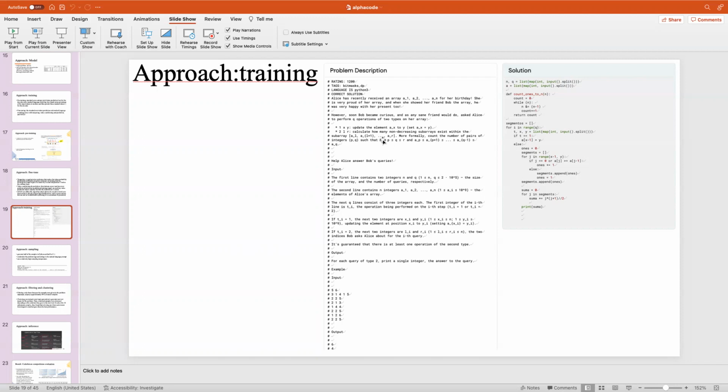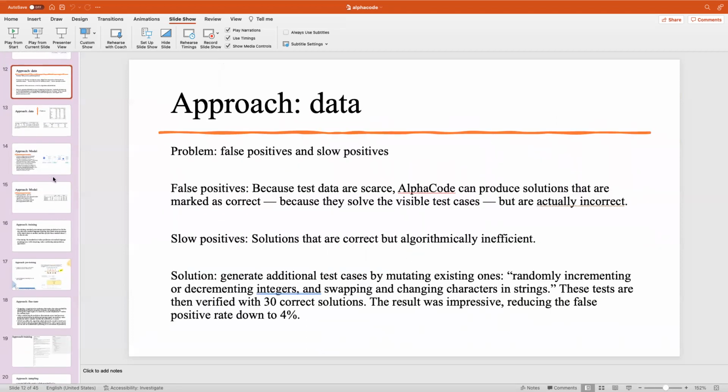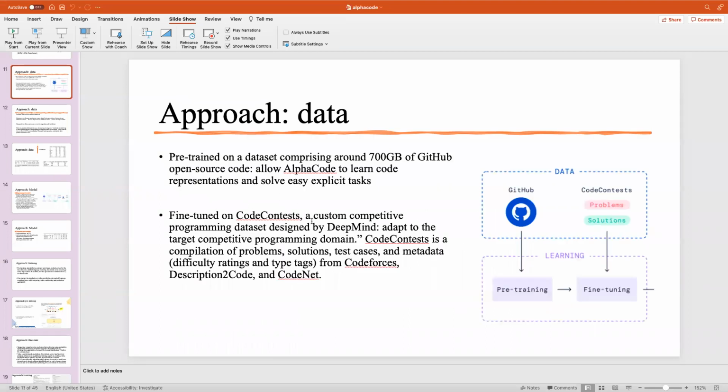Hi, I also have a little question about input and output. I'm not fully understanding. In the paper, it says there is some kind of estimation of input and output. Here in the question, we only have one set of input and output. So I'm wondering, does the whole training process only contain one input and output, or are there multiple ones generated by the model itself? For the training, I believe you mean the fine-tuning phase, right? So for this code contest data,